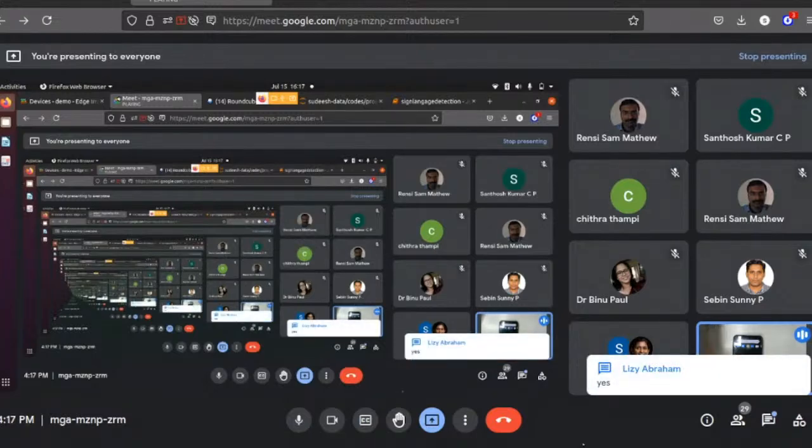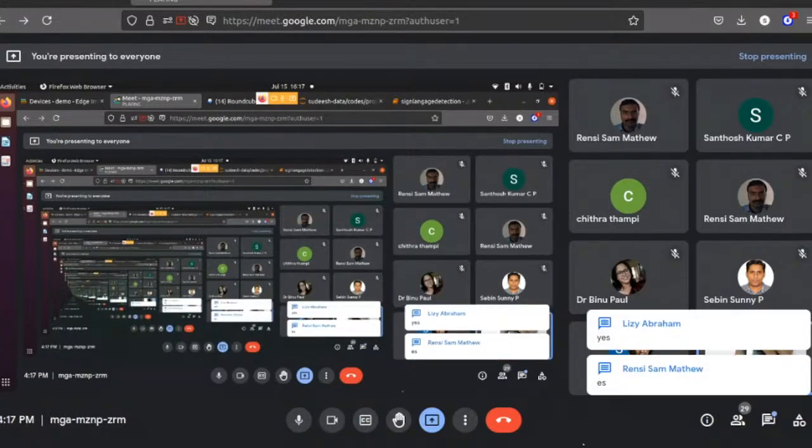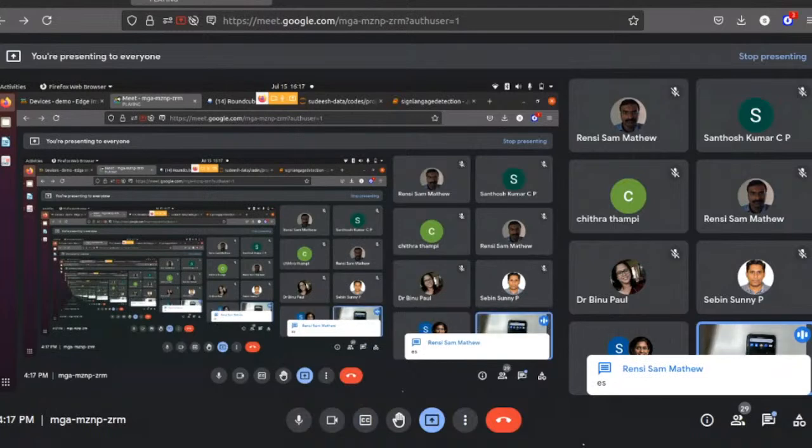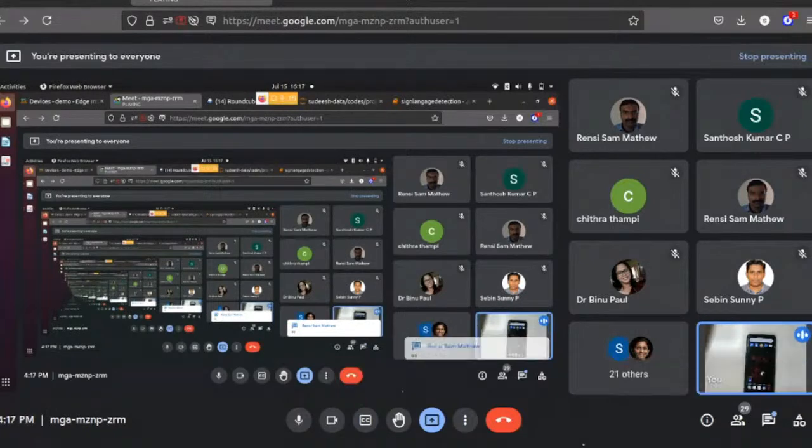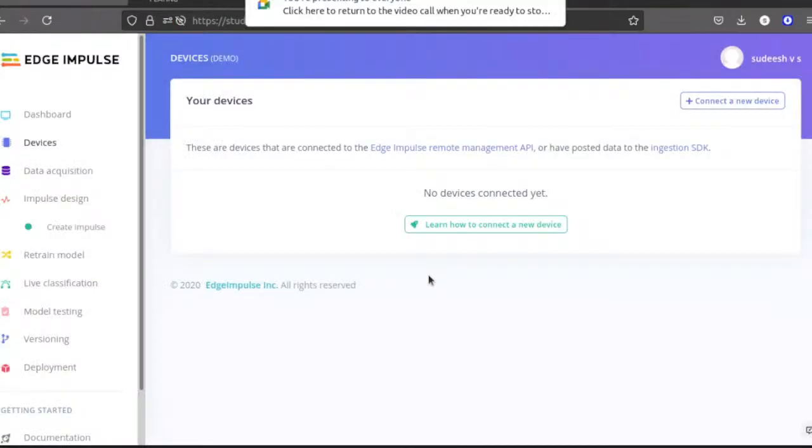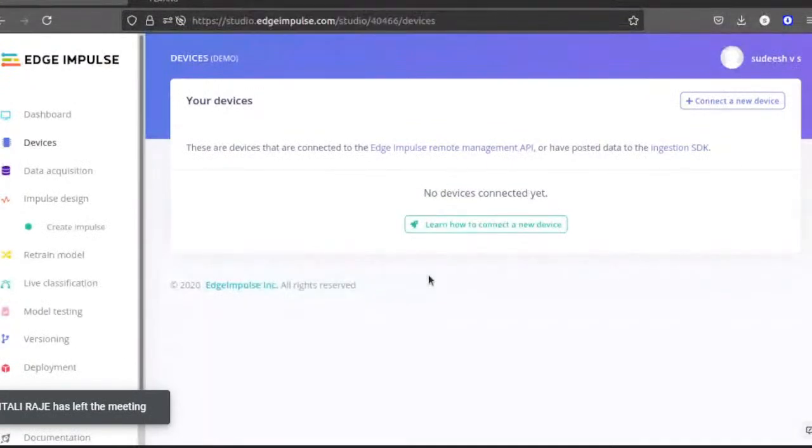Okay. I am going to use a simple smart mobile. So we work with this smart mobile to create an edge analytics based application. First, we are logging in to the edge analytics platform. If you are able to log in, please log in fast. Then you can do the same.